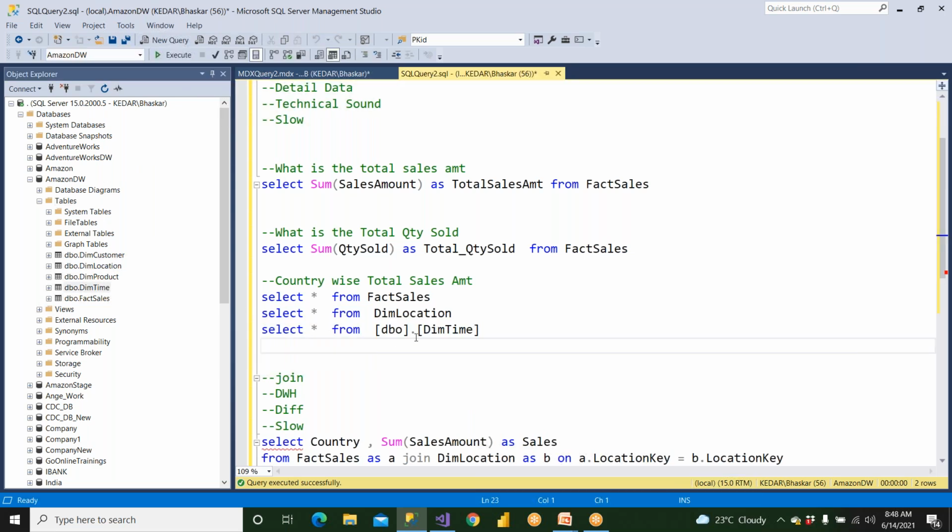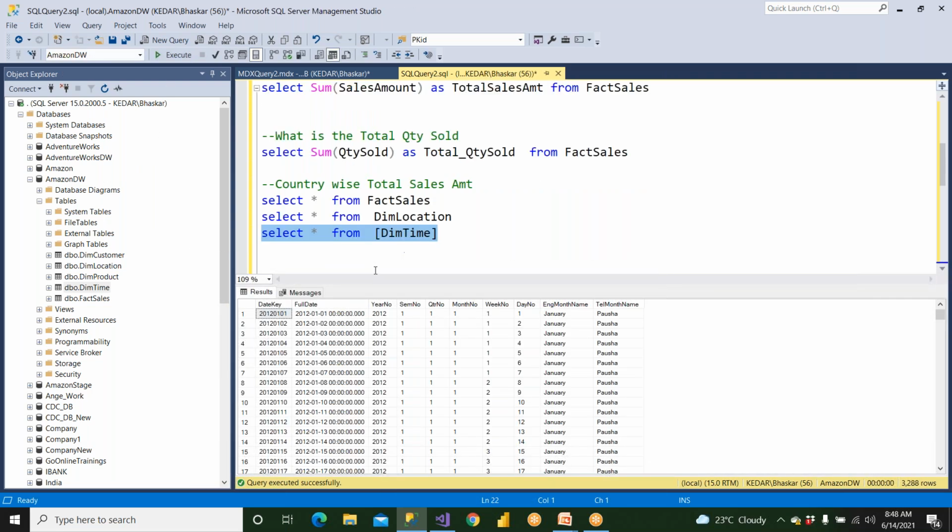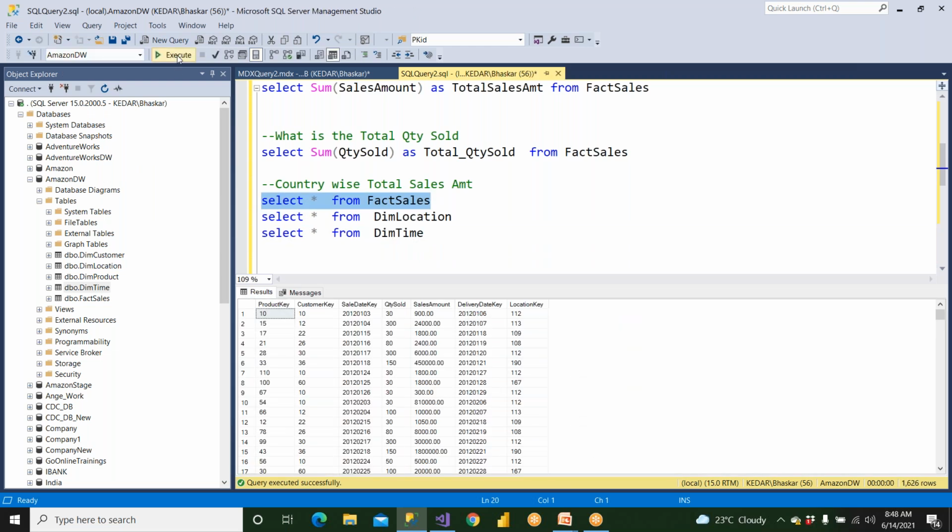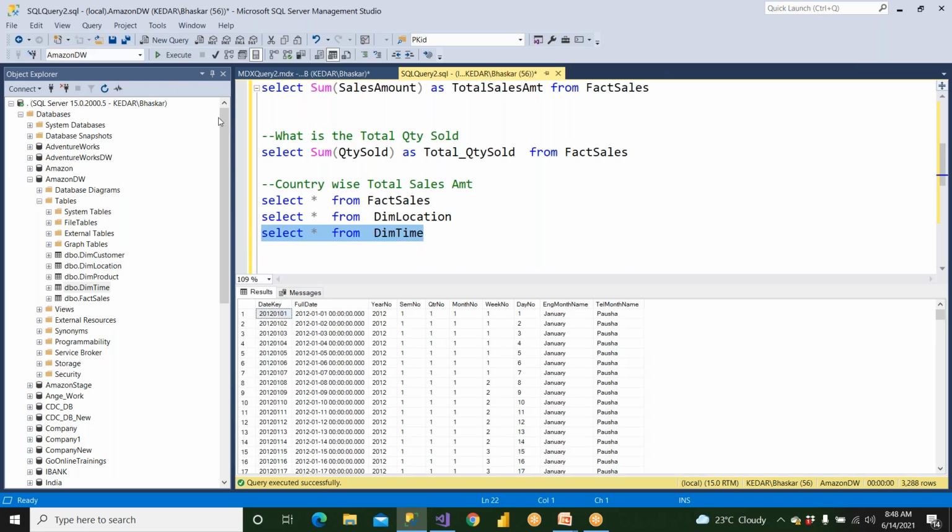All year data is available in the dim time table. You will have year number in this. Okay, so I wanted to have this table. There is a sale date key, so this key, and in this table,